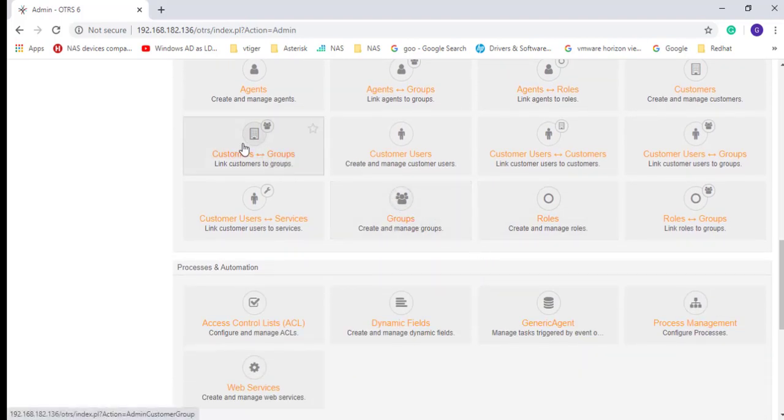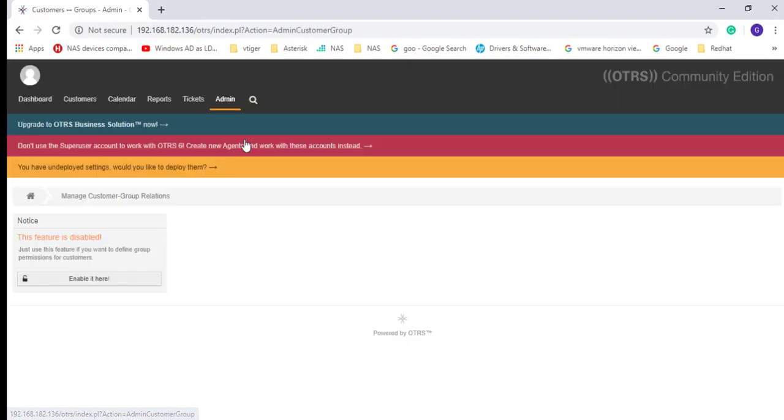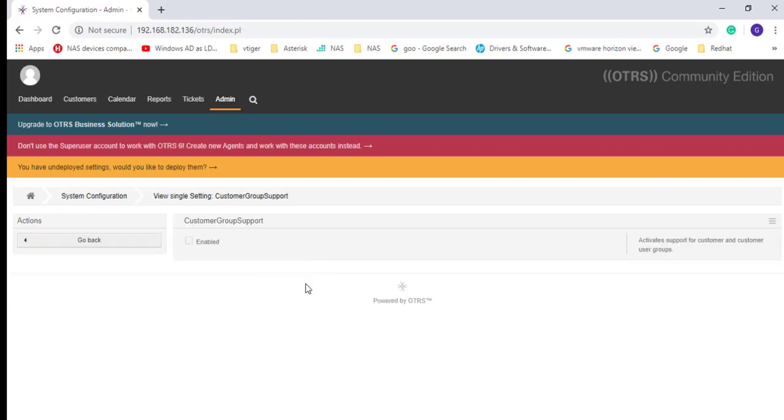So let's link a customer to a specific group. Okay, as you can see here, this feature is disabled. If you want to define a group permission for the customer, click on enable. So double click it and check the enable box, save here.